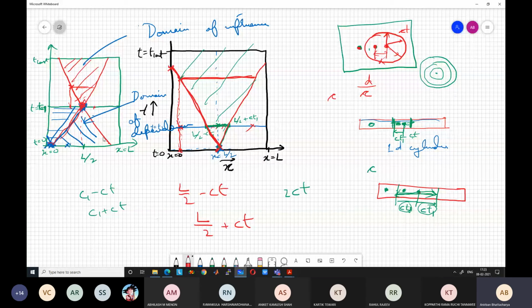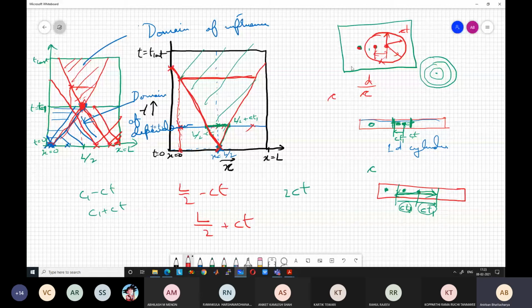Similarly on this side, if I have a fluctuation here, this also has character. These lines are parallel, remember, because the slope is same. But if I have another fluctuation here, then this point will just get included in the zone of influence. If I have a fluctuation here, this will comfortably get included in the zone of influence. So this is within the zone of influence. Anything which is within this initial triangle will influence this point. Anything outside will not influence this point.